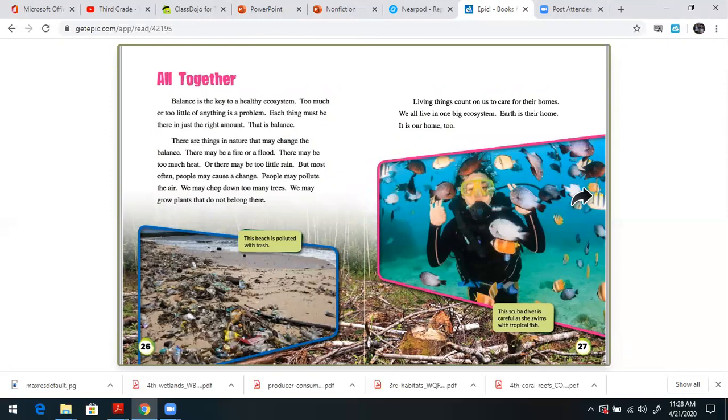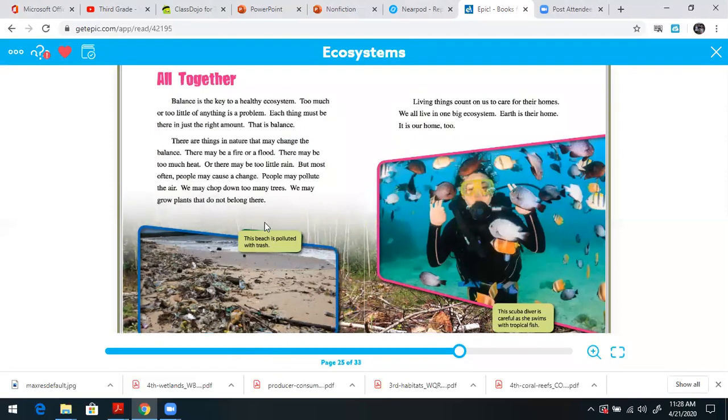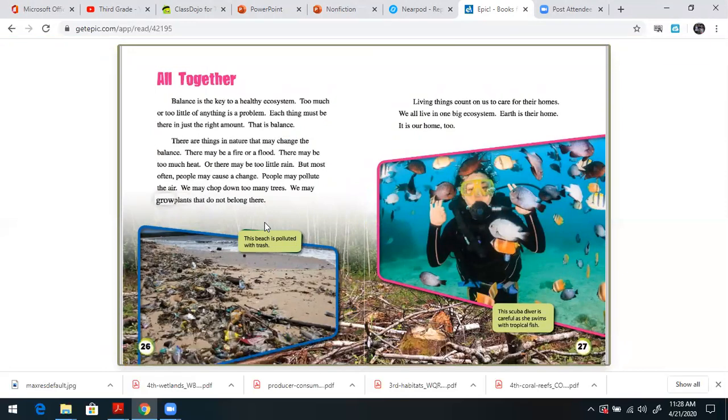Altogether, balance is the key to a healthy ecosystem. Too much or too little of anything is a problem. Each thing must be there in just the right amount. That is balance. These are things in nature that may change the balance. There may be a fire or a flood. There may be too much heat, or there may be too little rain. But most people can cause